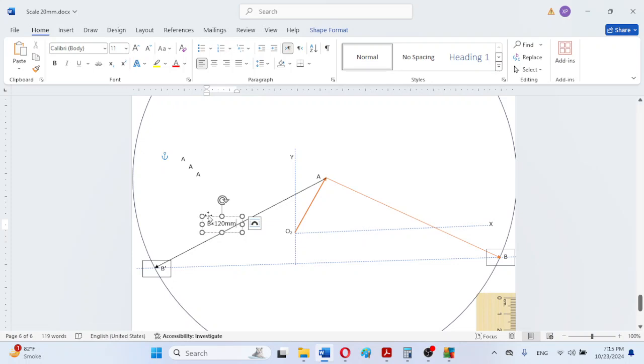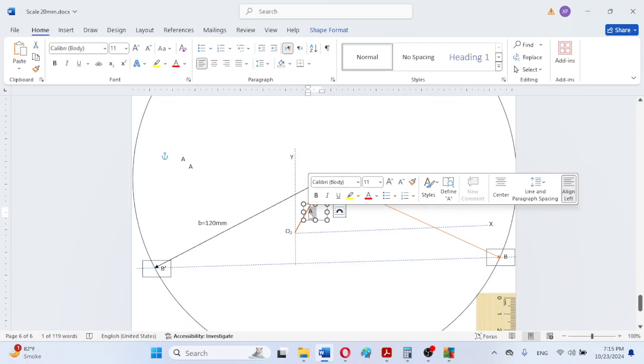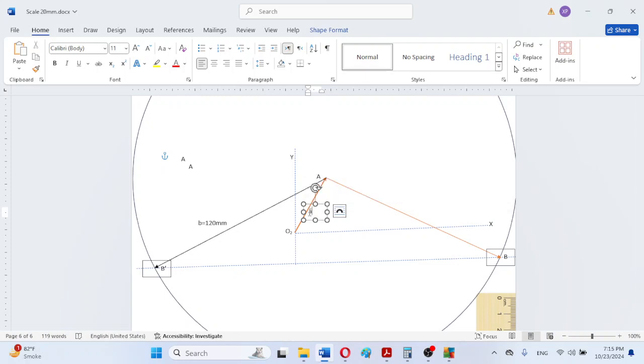Similarly, this crank is denoted by A, and this is equal to 40